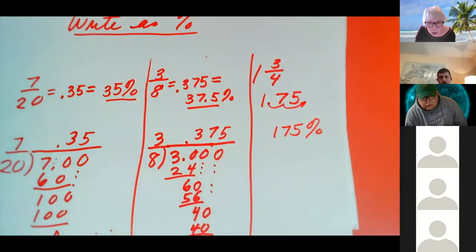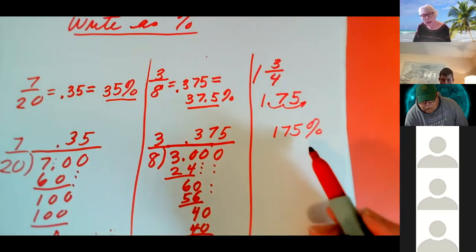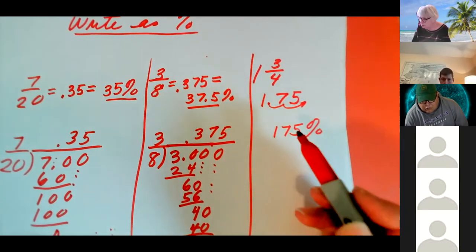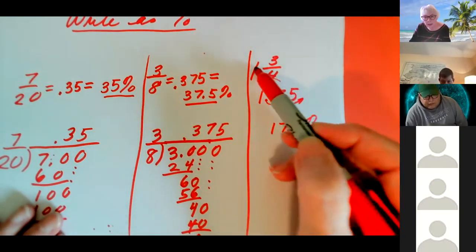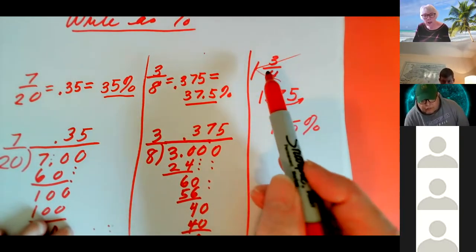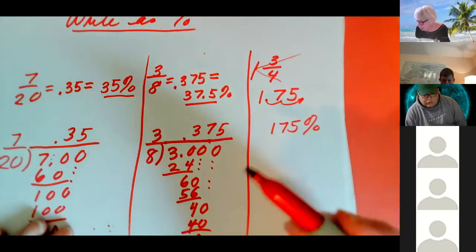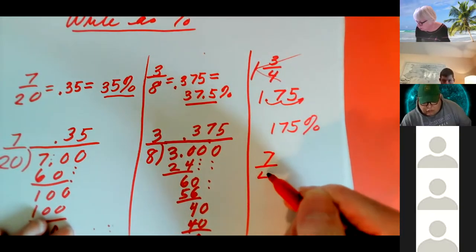Can things be over 100%? Easy. Cost of all kinds of things could be over 100%. And so that would be that. If you didn't know that fact, then probably you would have to go 4 times 1 is 4 and 3 is 7/4,